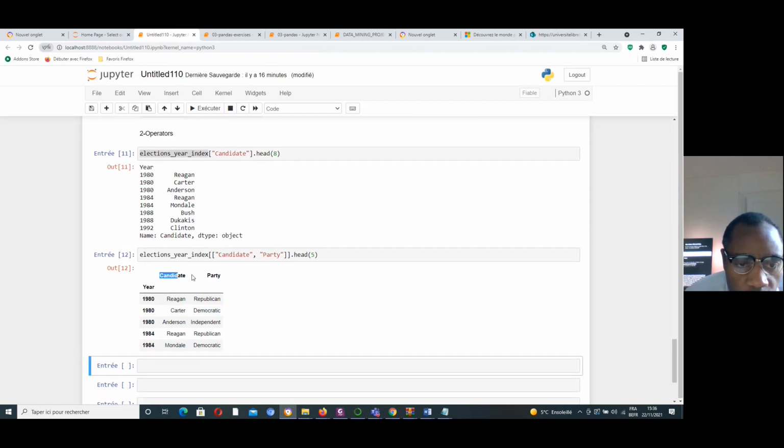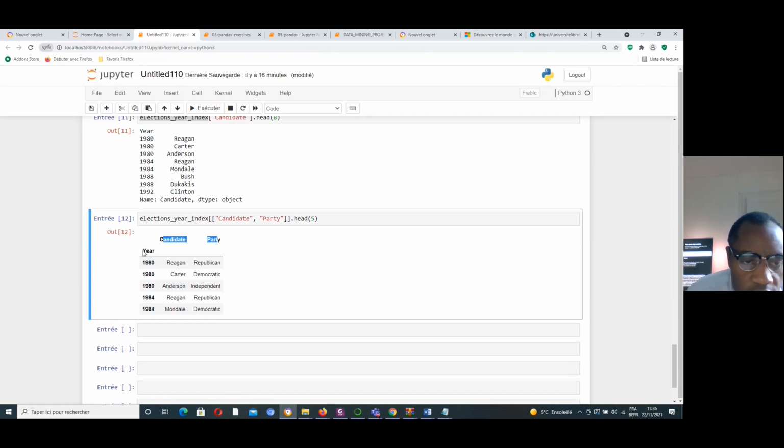Yes, we have these two main columns, and here's the index. The index, you know, candidate and party. Nali 80, Republican. Party is Republican. Nali 80, Carter, Democracy. Nali 80, Anderson, Independent. Yes.